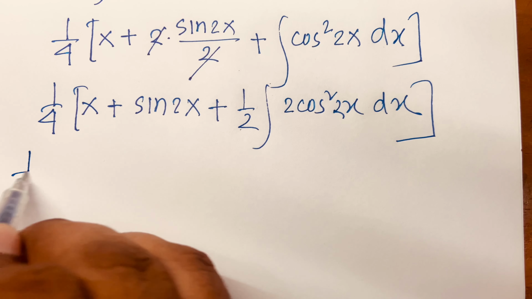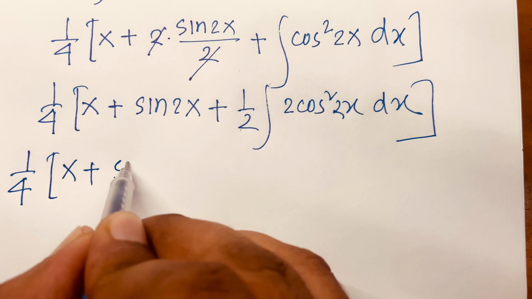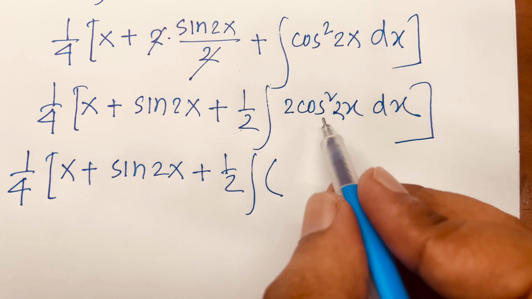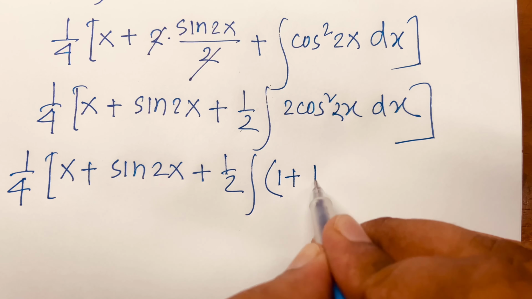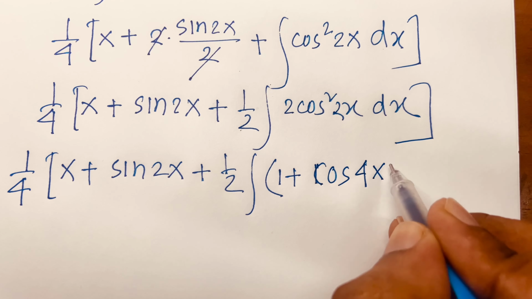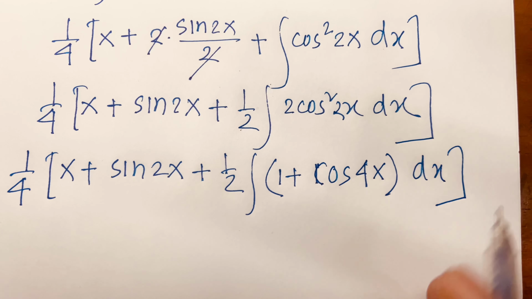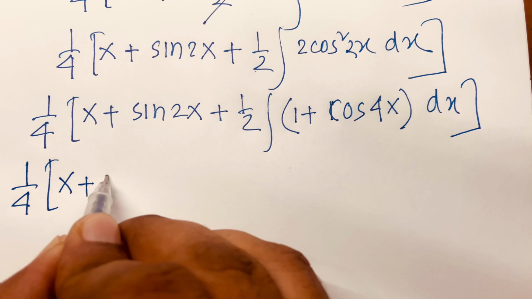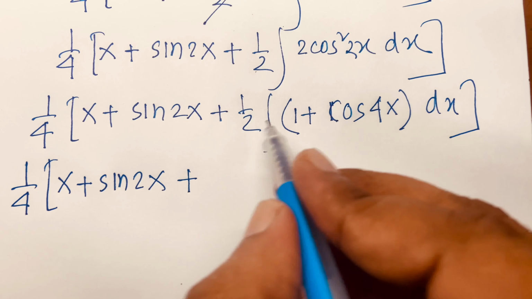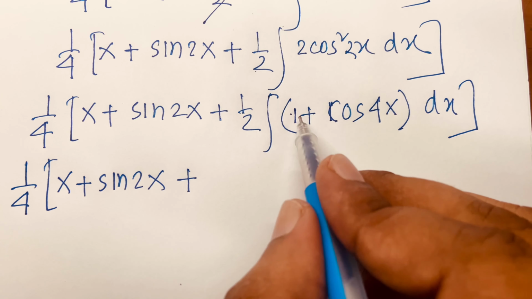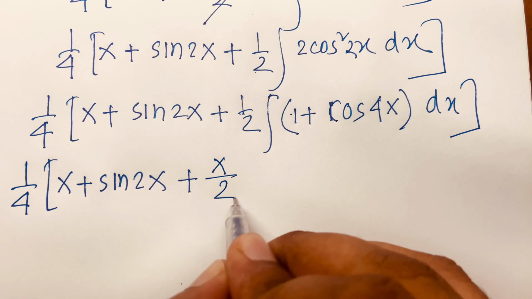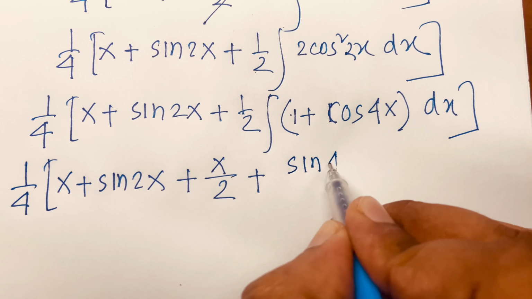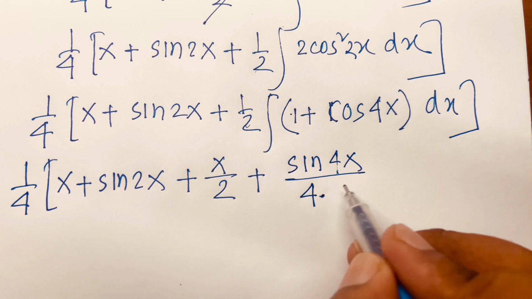Now I can say here is 1 over 4 x plus sin twice x plus half integral of, we know that 2 cos square 2x, it will be 1 plus cos 4x, according to trigonometric rules, dx. Then I can say 1 over 4 x plus sin twice x plus integral of 1 dx, it will be x. So here is half, so x over 2 plus integral of cos 4x, it will be sin 4x over 4 times 2